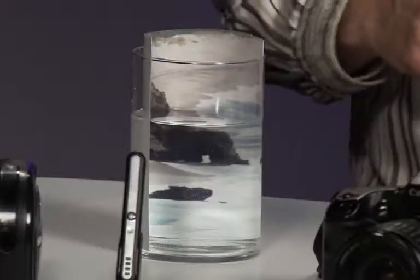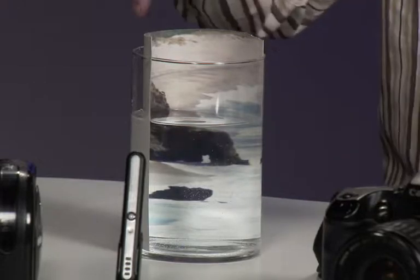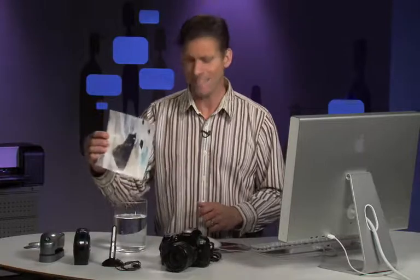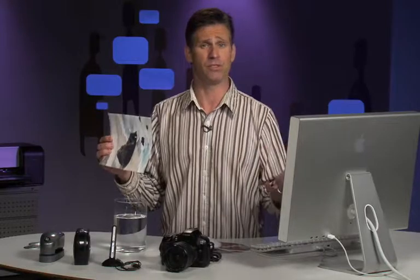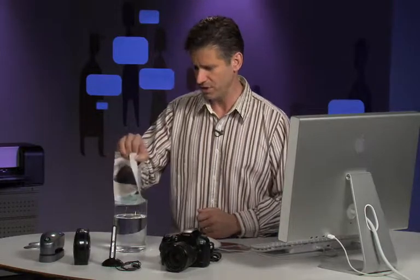So now while our print is actually printing out, let's go back to our demonstration on ink and paper. Now we've had this in the water here for our whole demonstration. As I pull it out, you'll see it's still intact. It's a little wet, but the ink hasn't run, and it is truly archival and not worrying about water or heat. A great thing when you're dealing with pieces that are going to be long-lasting or keeping your photos around for a long time. Well, our print is done,